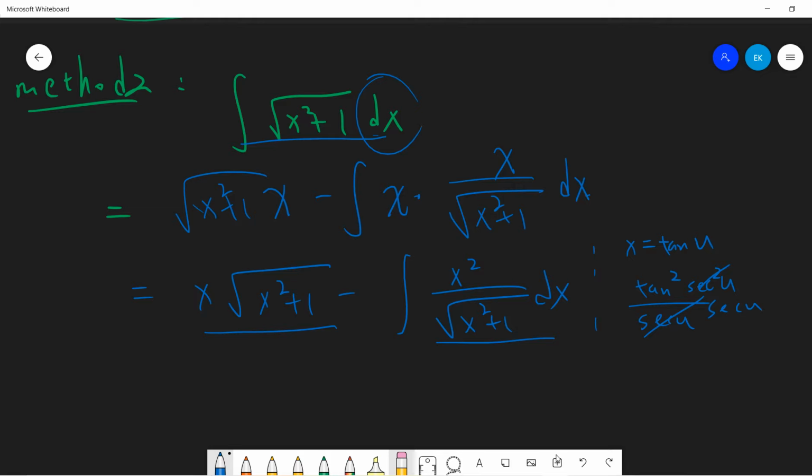If you do the same thing, you will get the same results. So it looks like if you just want to use integration by parts, then